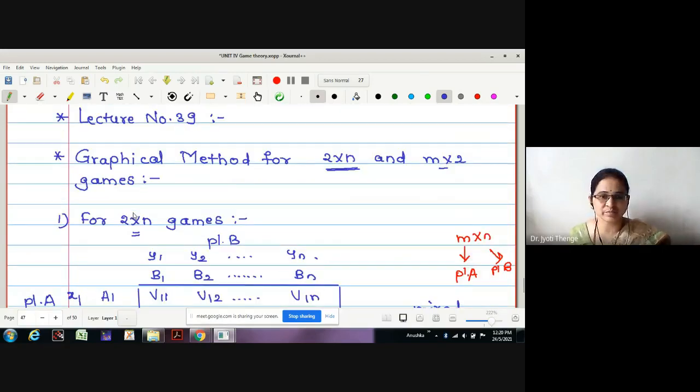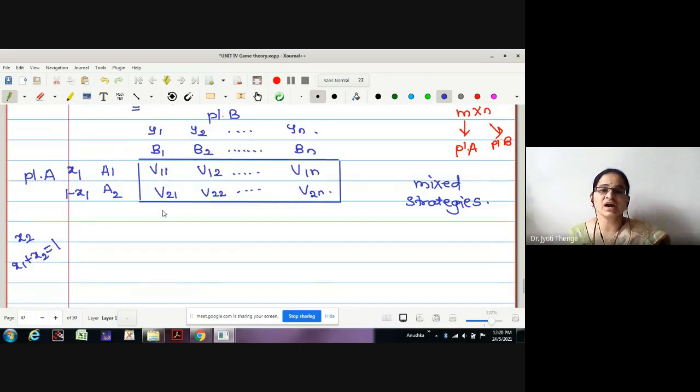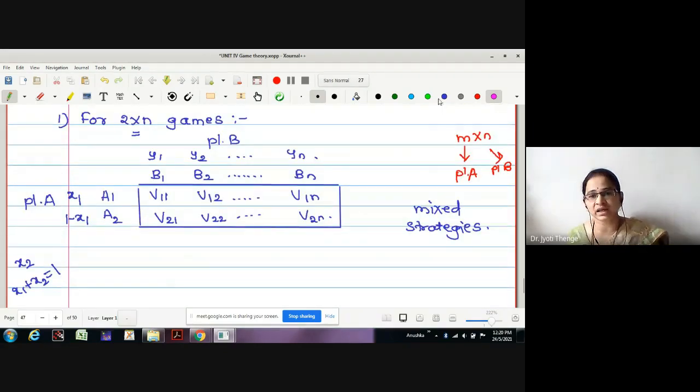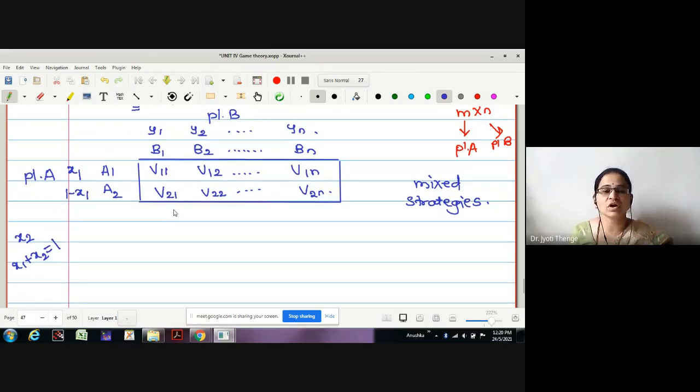Now, in previous methods, whenever we have a game with mixed strategies, that is, a game without a saddle point, we have calculated the expected gain and expected loss of both the players. It will not be an exact gain or exact loss. We cannot calculate the values exactly because we only know the probabilities. Therefore, with the help of probabilities, if I am finding the gain of player A and loss of player B, then the values are expected gain and expected loss.